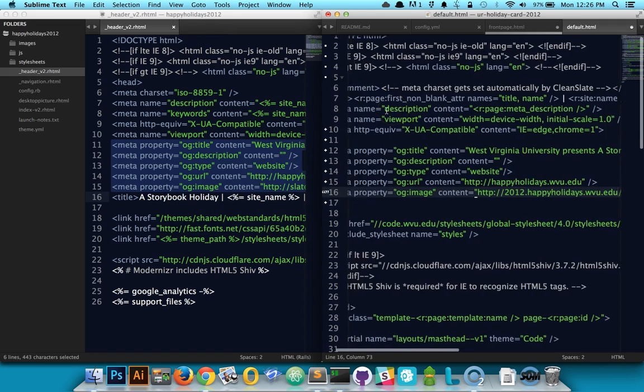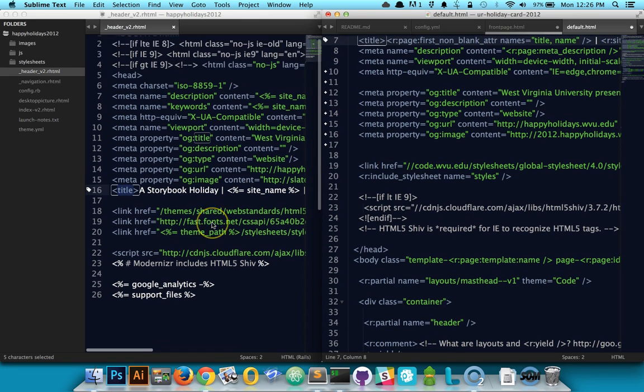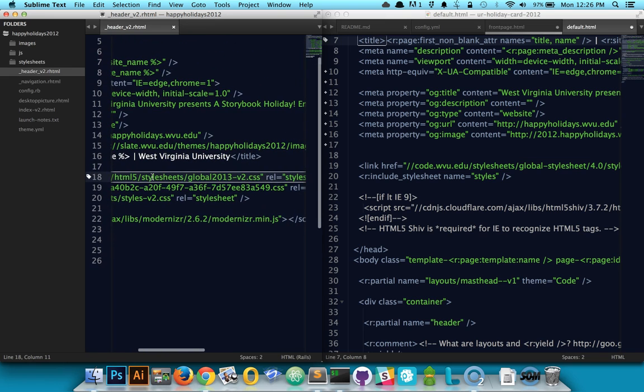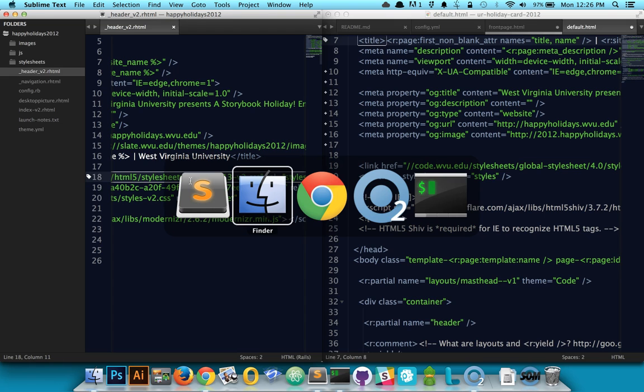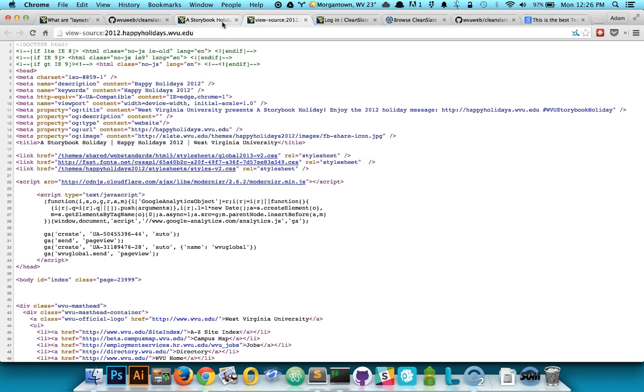Alright, so you'll notice that the next tag up is our title tag, and we've already got that taken care of right there. We've got our open graph meta tags in there, and we've got a couple style sheets right here, and you'll notice that this theme actually uses a global style sheet. So what I'm going to do is go to the site and grab that style sheet,